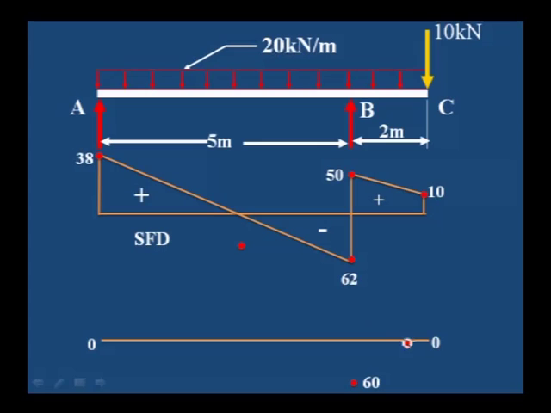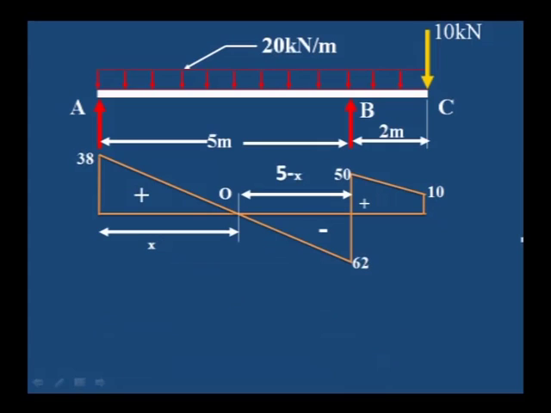For drawing the bending moment diagram, you can observe it is simple. Here minus 60, it is a parabolic curve, and then it rises somewhere here to a maximum, and then again it is 0. This is the point where we have to find out the